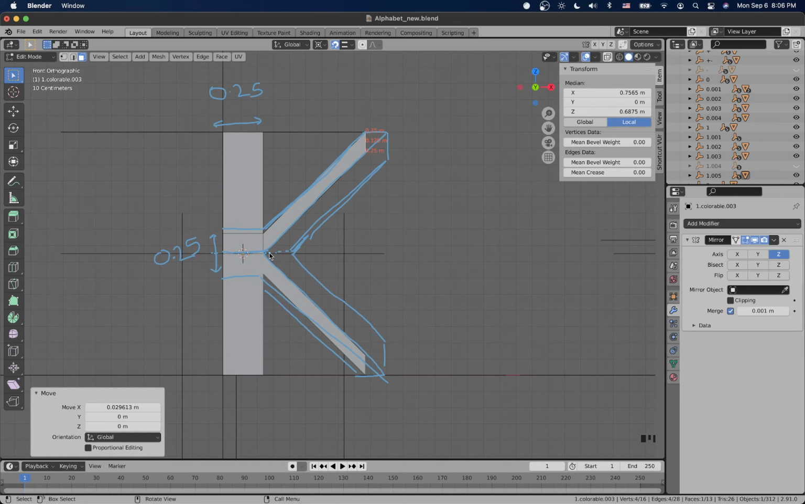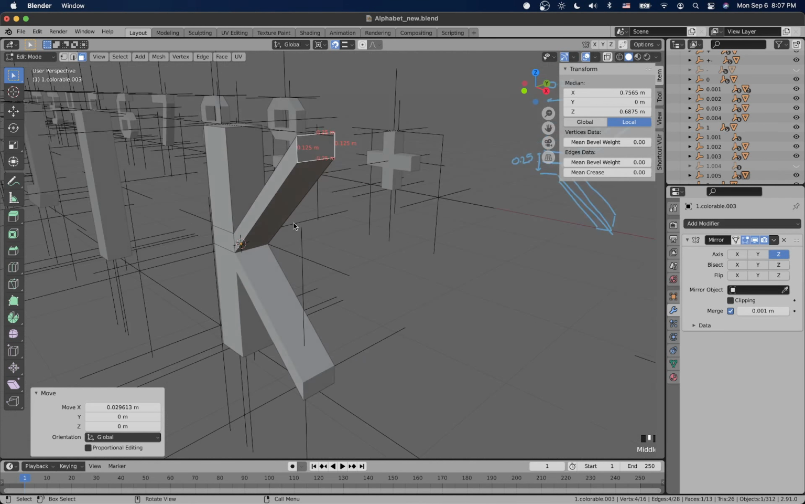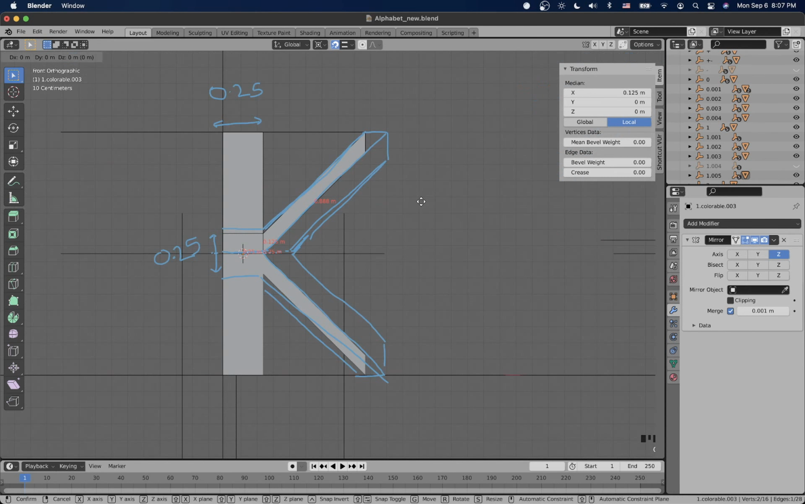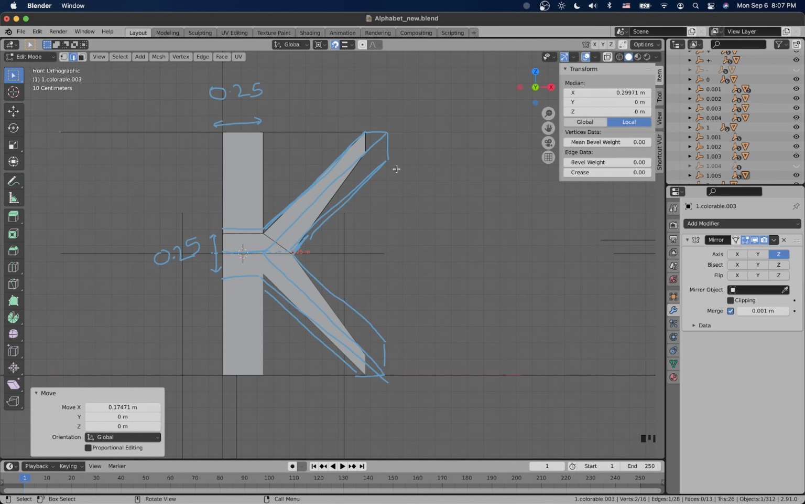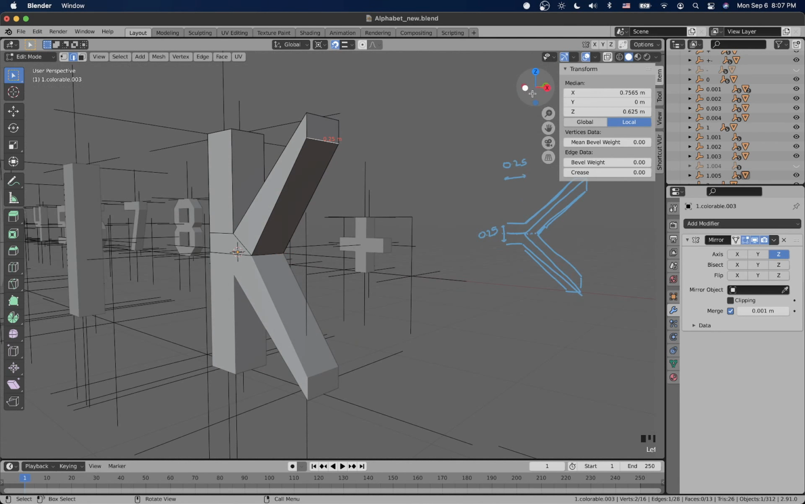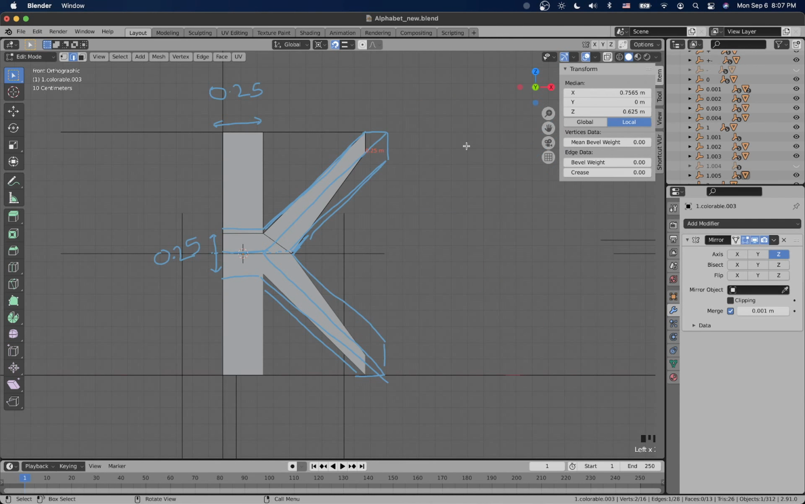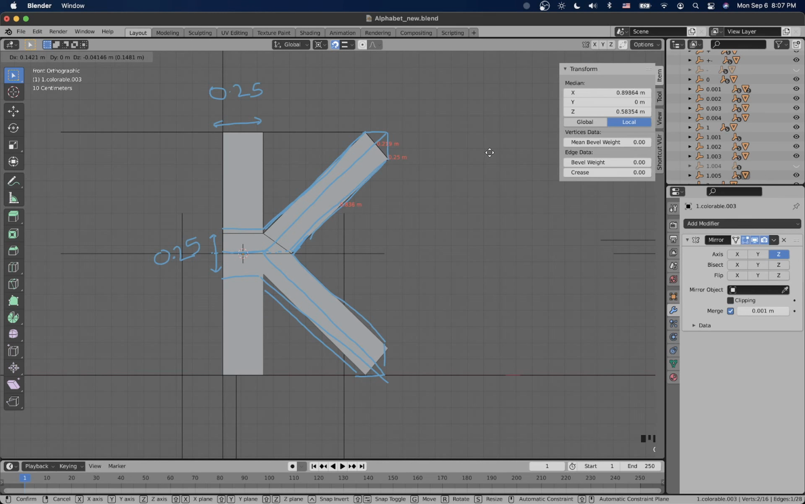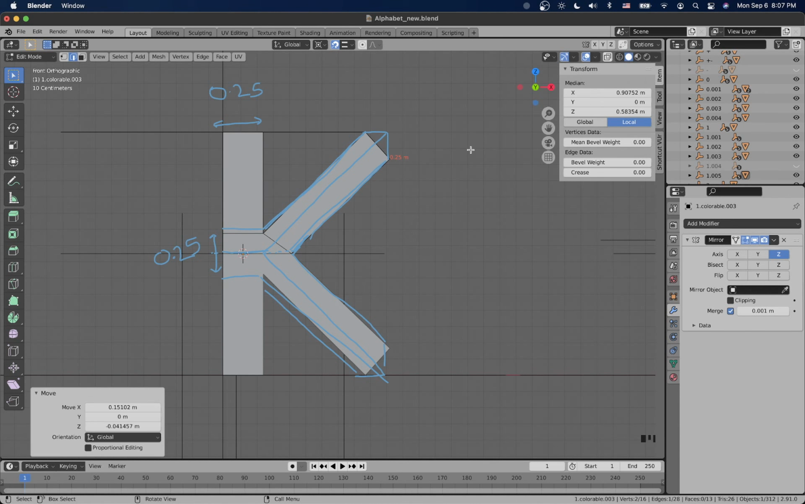Okay, so we need the other bit, so we have half of it. It needs to be thicker, so we will just move this in this direction. G X, this one looks nice, and this one, move it to this area. Okay,